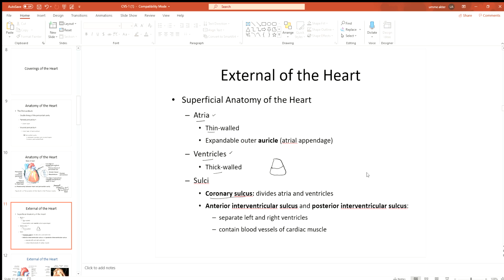Coronary sulcus is more prominent in the back. If you see the back of the heart, you have the atria, right? This is the left atrium and right atrium, and the ventricles, left ventricle and right ventricle. There is a groove between atria and ventricles, and this is called the coronary sulcus. Sulcus is groove, and in the back part of the heart, inside that sulcus, you have an important vein